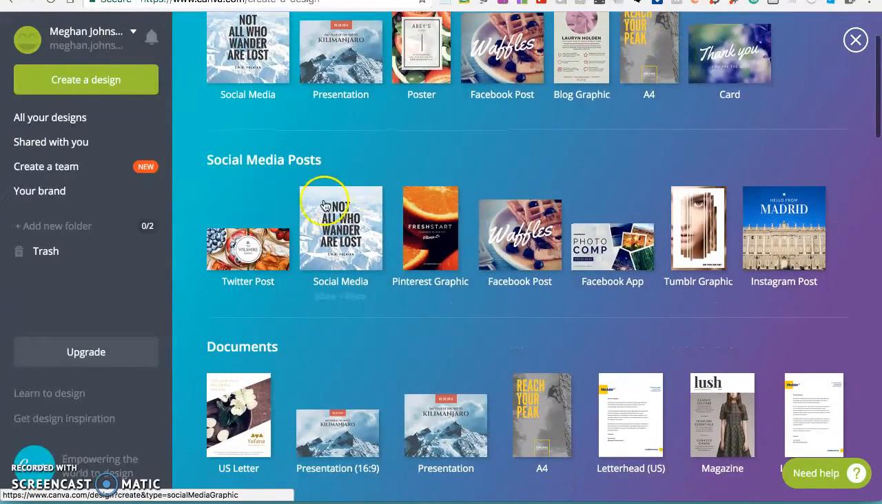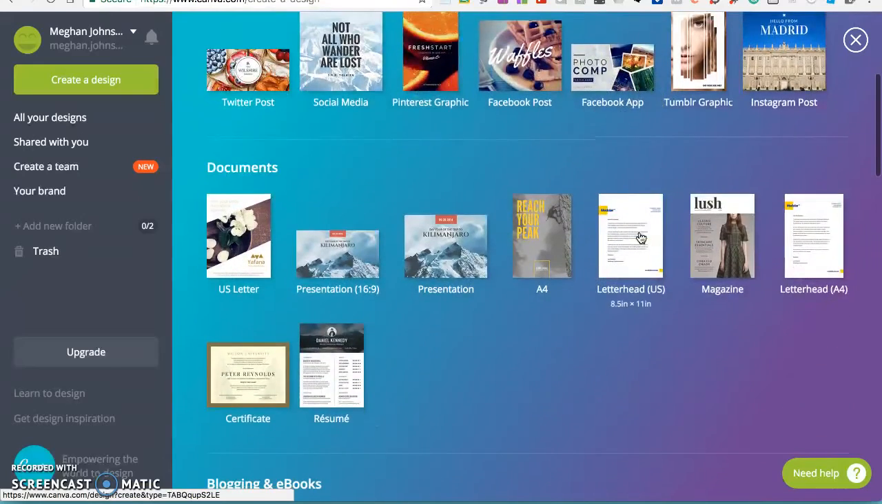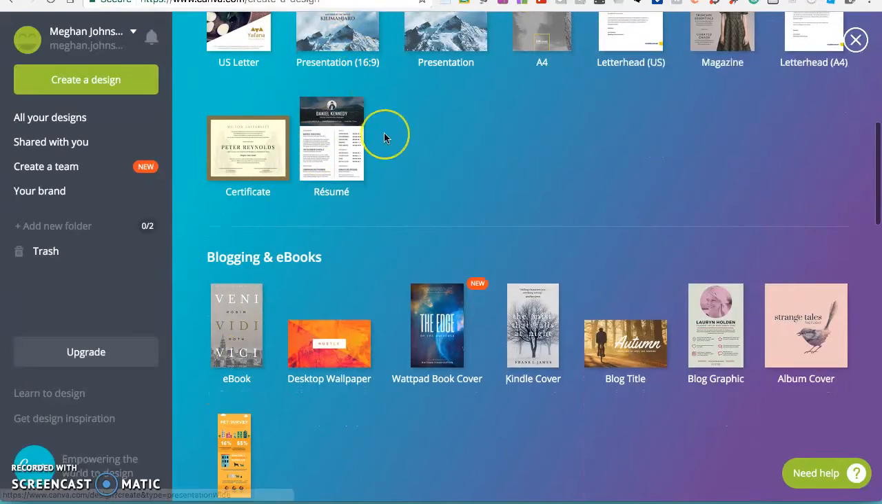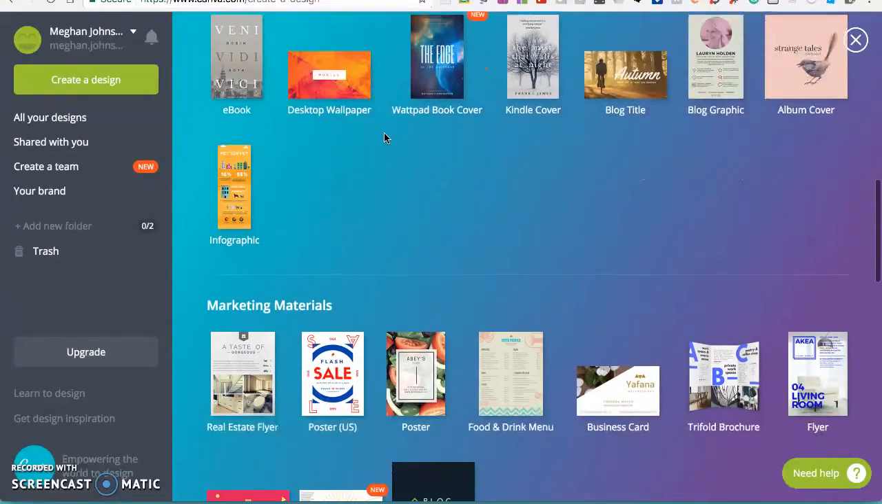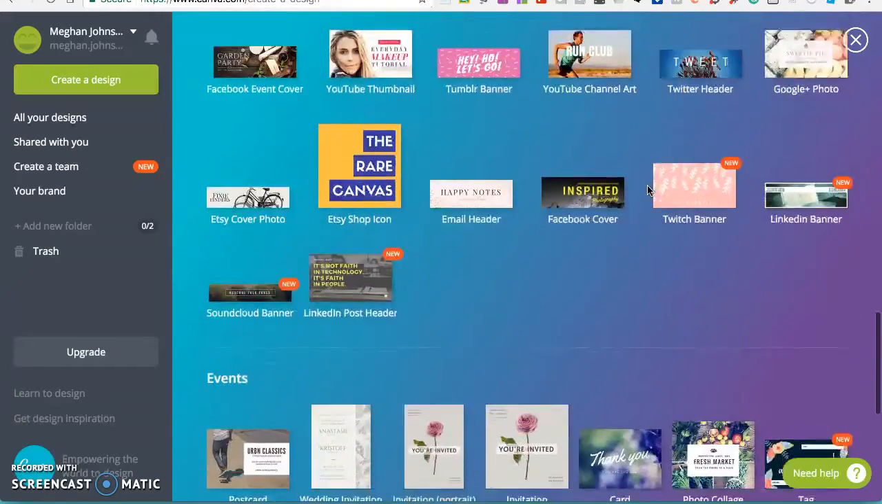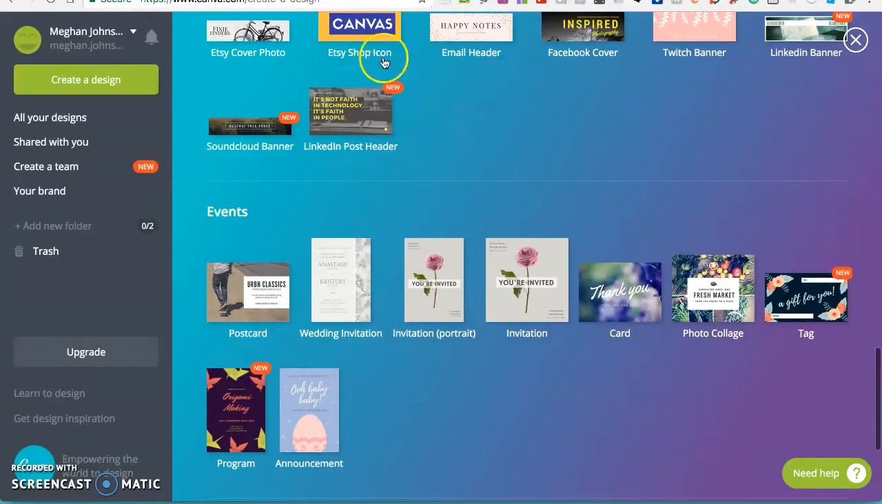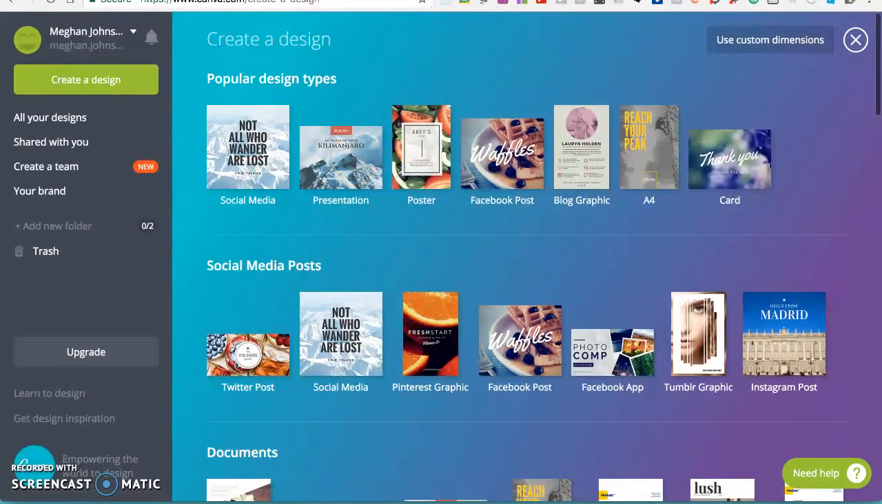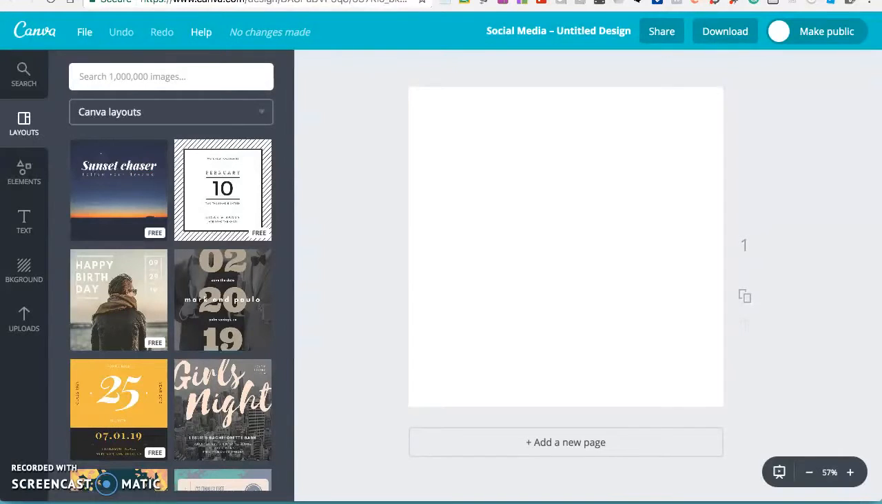So here it gives me some social media examples, some certificates. If I'm making a presentation, it's nice it's the correct dimension, so it's going to show up well. Infographic, business cards. There's quite a few options here. Events. I can also go and click on those headers that were at the top, and it's going to give me even more options. So for example, if I click on social media, it's going to give me all of